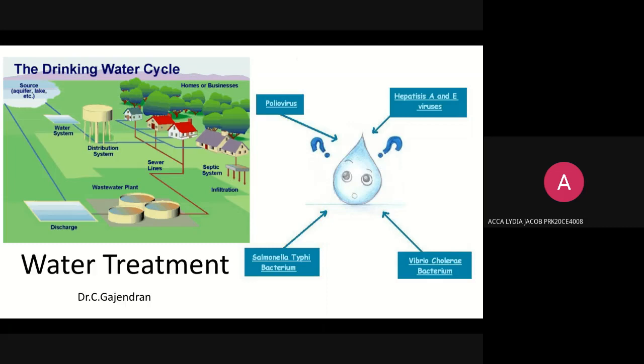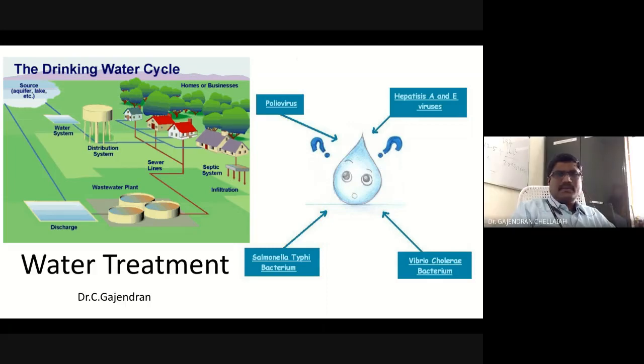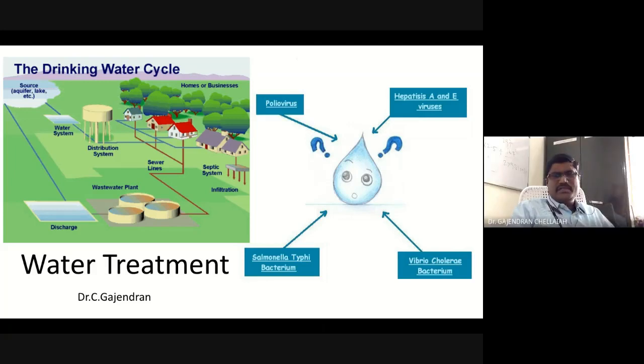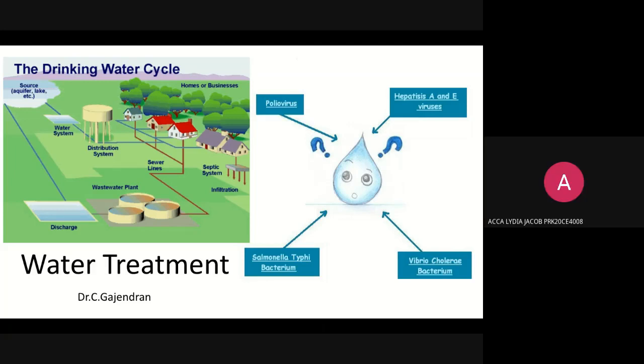No, sir. Normal water. How do you differentiate water and wastewater? Water is a transparent, odorless thing which is found on the earth, and wastewater is that which contains contamination. It will be contaminated with different types of contaminants. Contaminants, yes, a source of pollution, isn't it? Yes, sir. Good.